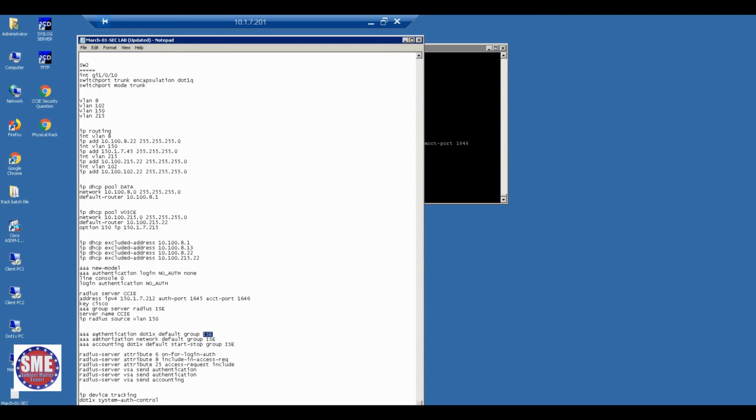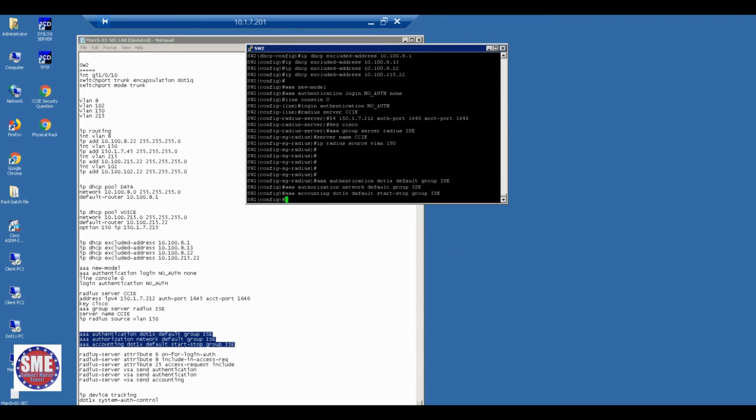You got it? It's not like I send some request to ICE, ICE does the authentication, and after authentication success ICE forwards to the other. No. We need to tell ICE to do authentication, then do the authorization. Then only it will do it. Otherwise, if you want authentication only, it's possible. So after authentication success, it will send a reply: okay, authentication is success. Then you need to say, okay, I need to do authorization also. Then authorization, so it is deciding, but it sends an authorization request or network authorization. Then accounting means just monitoring, only start and stop services. Then only you will get the logs properly. So I configure the services.